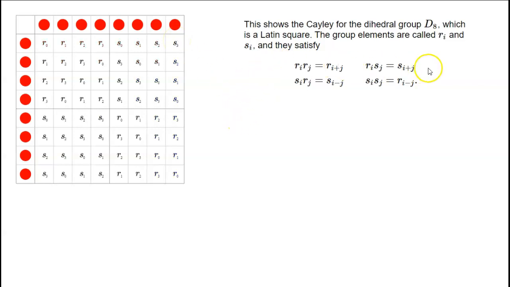Okay, and the rules of the group structure are like this: Ri Rj is R(i+j), where i plus j is supposed to be interpreted modulo 4, and we get the rest of the relations like that. Okay, and so it works out that